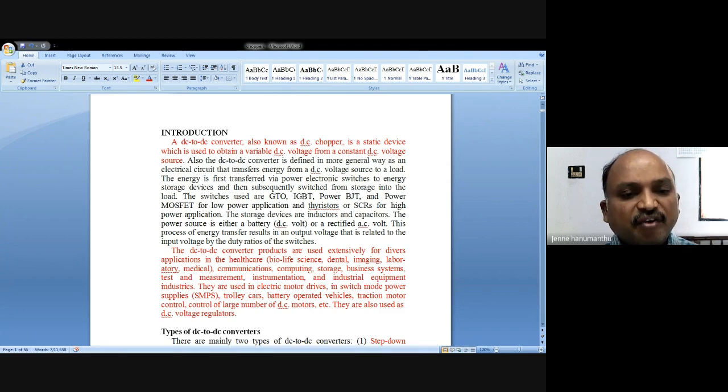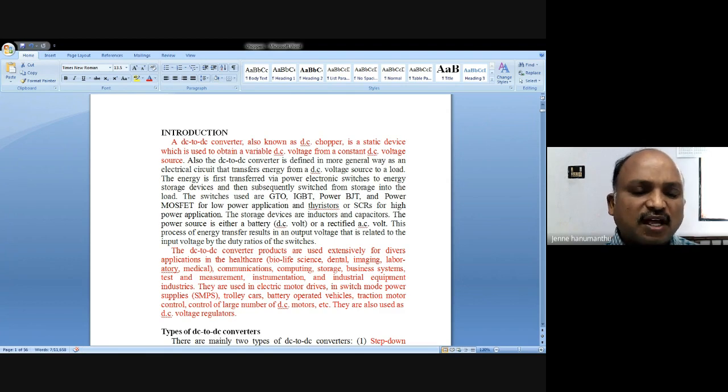And apart from this, they are also used in electrical power drives, motor drives, switched mode power supplies, trolley cars, battery operated vehicles, traction motors, control of a large number of DC motors like this.